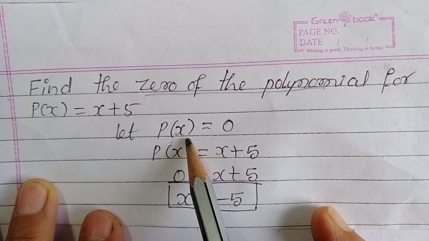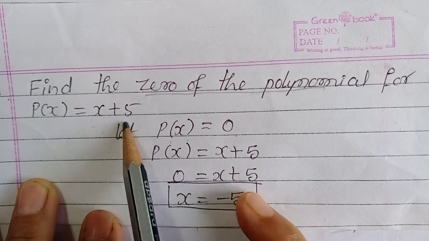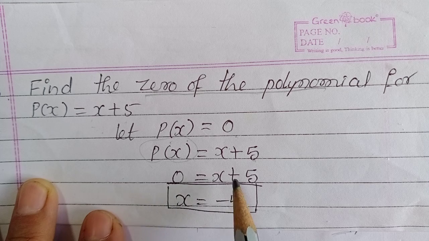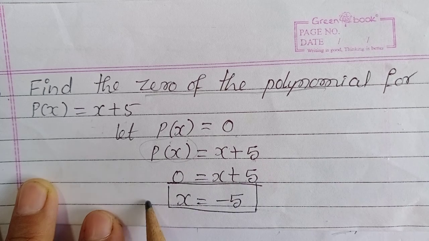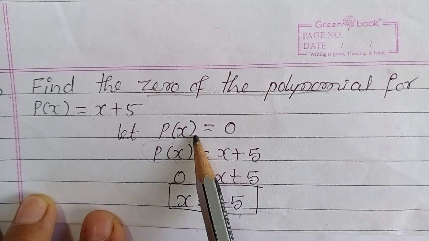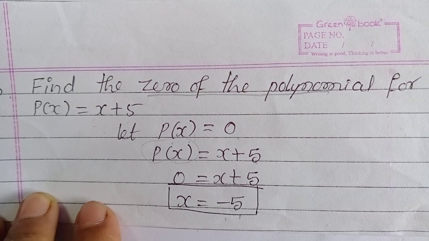That's why p of x you take as 0. Okay. So p of x, x plus 5 they have given. This value you have to substitute as 0. So send plus 5 to this side. So the x value will be minus 5. So for this value, this will become 0. Okay, got it? Now